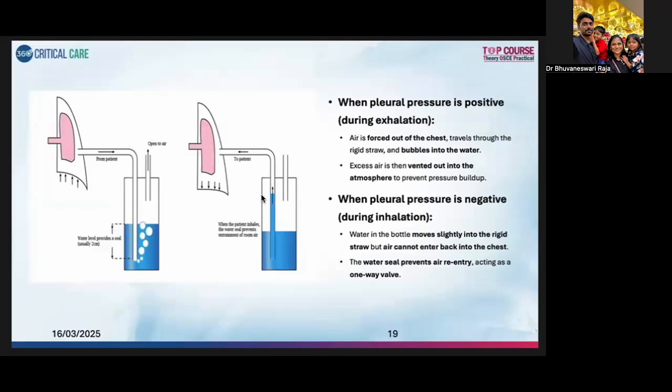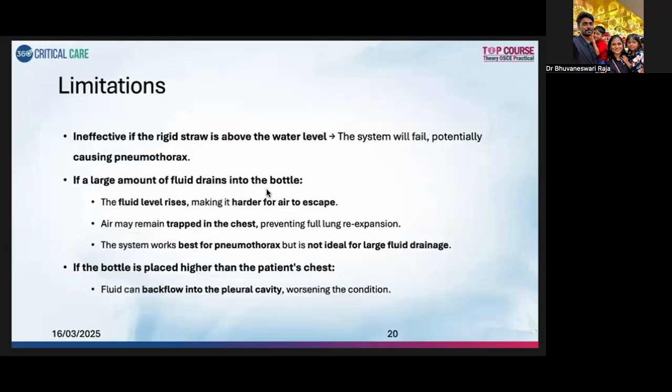So this water seal prevents the air re-entry and acts as a one-way valve. Okay, so what are the limitations of one chamber? It is ineffective if the rigid straw is above the water level. Obviously, the system fails. And if there is a large amount of fluid draining into the bottle, then the fluid